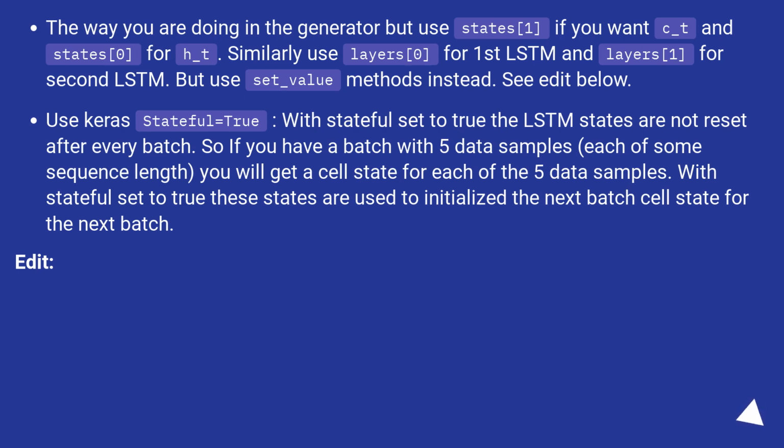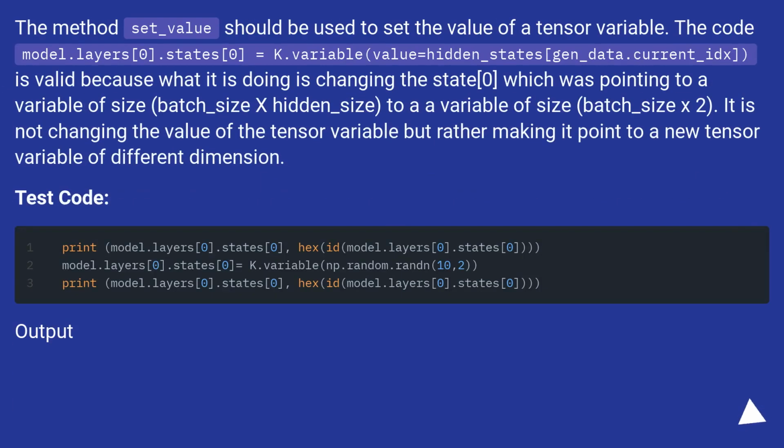Edit. The method set_value should be used to set the value of a tensor variable. The code model.layers[0].states[0] = K.variable(value=hidden_states[gen_data.current_id]) is valid because